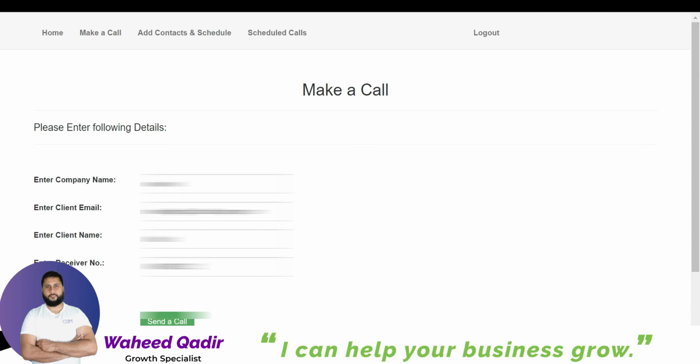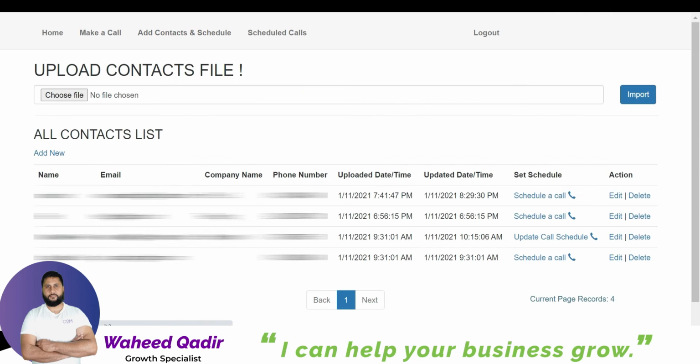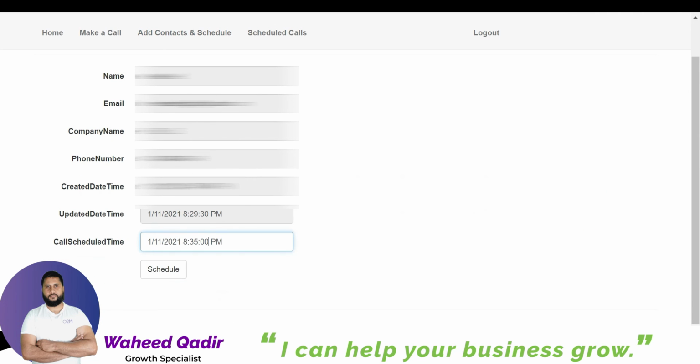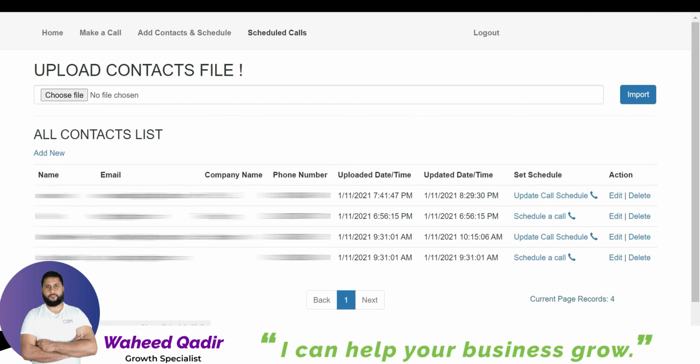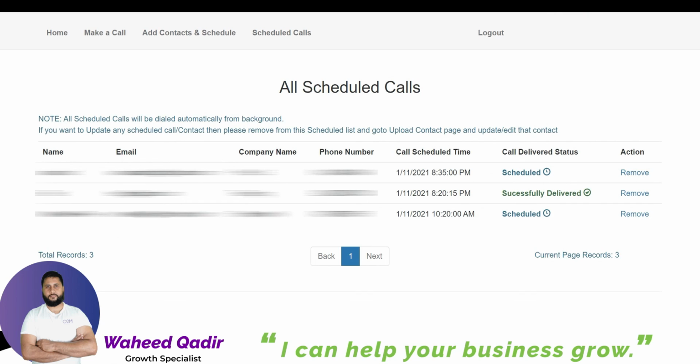This gives you an idea that I can schedule calls. Now I can create a new contact, which I already have here. I schedule a call, put in all the details that I needed, the time and date, and schedule it. What it will do is go into the scheduled calls. This is scheduled for this specific date, so once the time comes it automatically triggers and goes to the client, and it tells the status, either delivered or not.